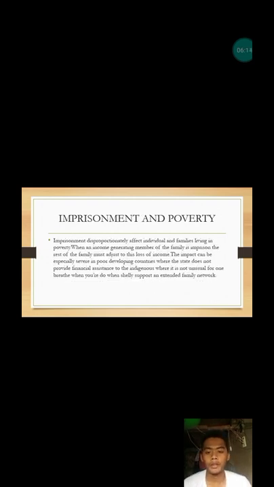Imprisonment and poverty. Imprisonment disproportionately affects individuals and families living in poverty. When an income generating member of the family is in prison, the rest of the family must adjust to their loss of income. The impact can be especially severe in poor developing countries, where the state does not provide financial assistance and it is not unusual for one breadwinner to support an extended family network. So imprisonment and poverty very much affect the individual,